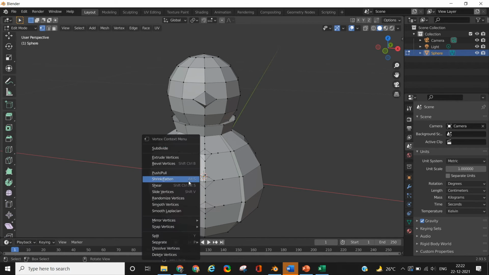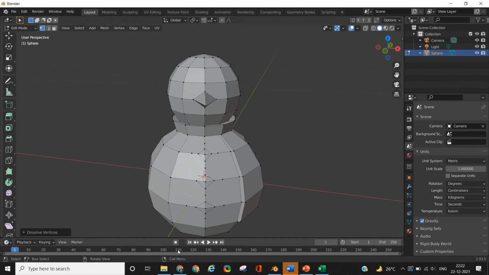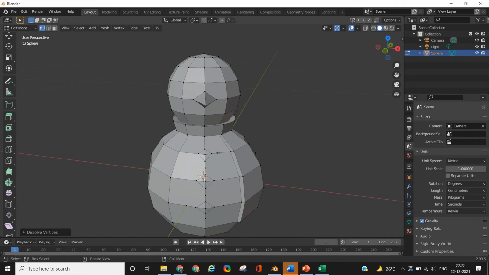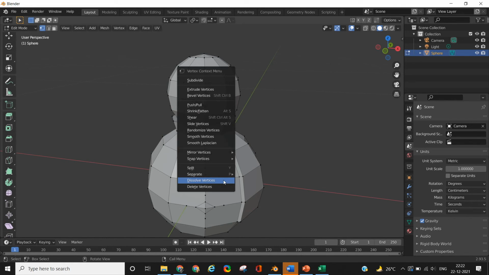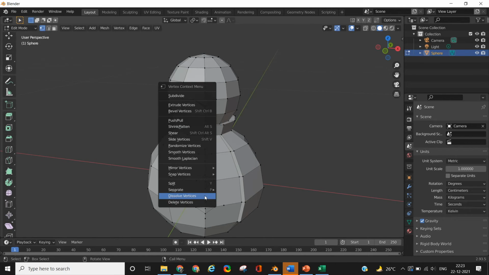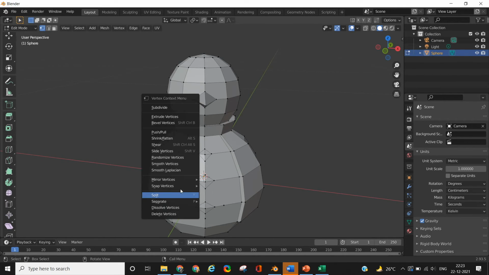Now all the vertices generated as a result of subdivision are not useful to you, so a lot of those vertices will remain unused, and to reduce complexities later on in Pepakura, just dissolve those vertices which you are not going to use. It will not affect the shape in any way. So right click on the vertex you want to dissolve and select dissolve vertex.